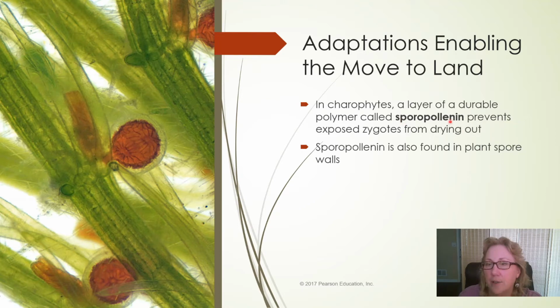It helps make the spores of charophytes resistant to dehydration. So why would charophytes have this if they're aquatic green algae? Well, they live around the edges in shallow waters, and they get dried out seasonally. So charophytes evolved this molecule that helps their zygotes resist desiccation when they get dried out. And that was an important adaptation that allowed the evolution of the first plants from a certain group of charophytes.